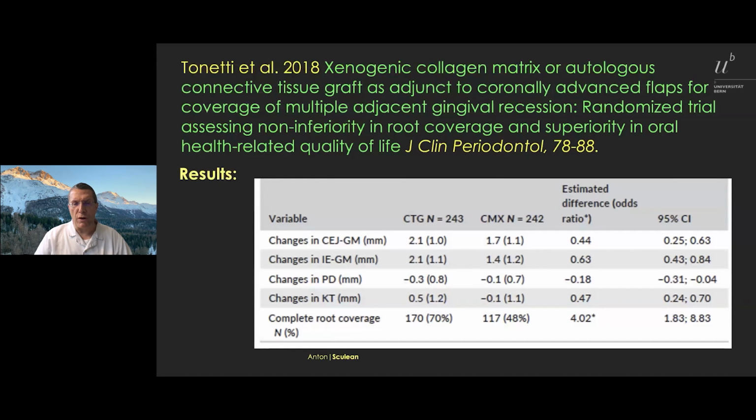Another study by the group of Tonetti and colleagues have compared the coverage of recessions using a coronal advanced flap with a control, that means with autogenous tissue. You see a quite high number of defects, more than 240, and the same number of defects that were treated exactly with the same surgical procedure but using the collagen matrix. In terms of complete root coverage, you can observe that the autogenous tissue performed significantly better compared to the collagen